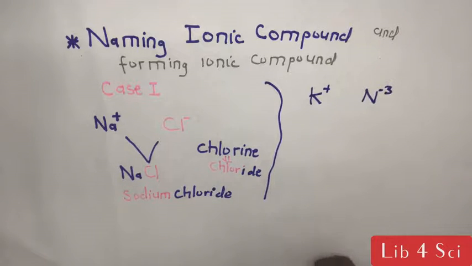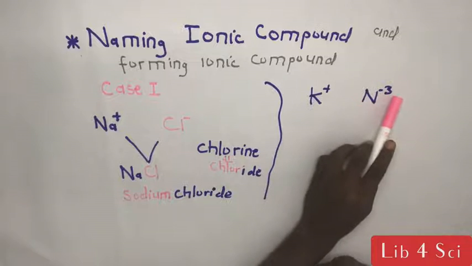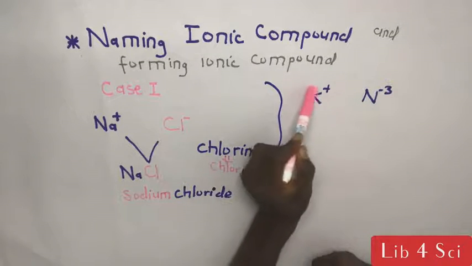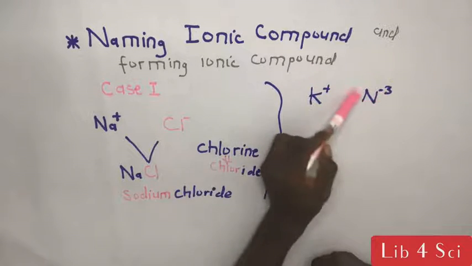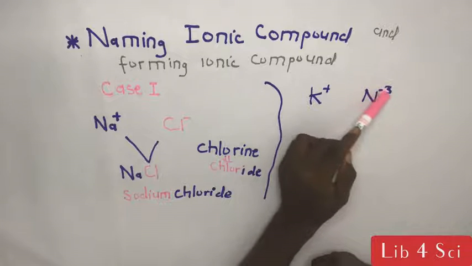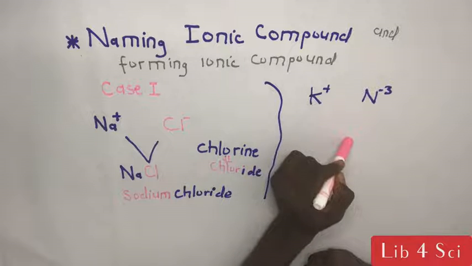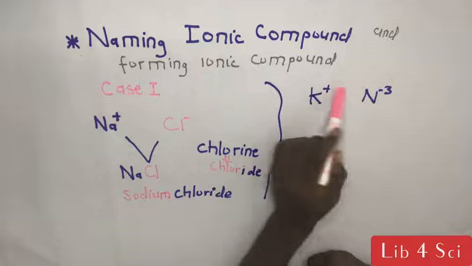Firstly, we want to know how potassium ion and that of nitrogen ion form a compound. Potassium here is a metal. It has a positive charge and it is a cation. Nitrogen here is a non-metal. It has a negative charge. It is an anion. So, in formation of an ionic compound, we are interested in the number attached to those